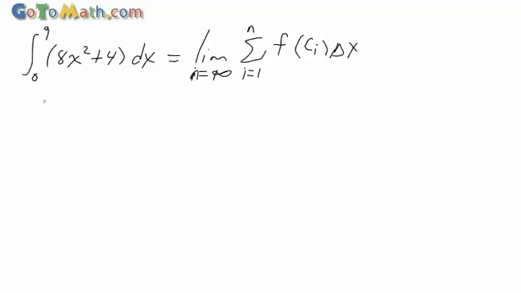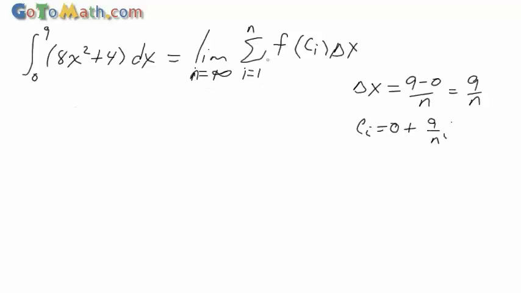Oh well. What are we doing? Let's find delta x. Let's not go through all the details this time. Let's just do it. Delta x is 9 minus 0. We're going to do this one in record time. So we got 9 over n. If you want to get the details on this stuff, look at videos 1 and maybe possibly 2. Okay, so we got our delta x. Our c_i is going to be 0 plus our right point, 0 plus 9i over n, right?